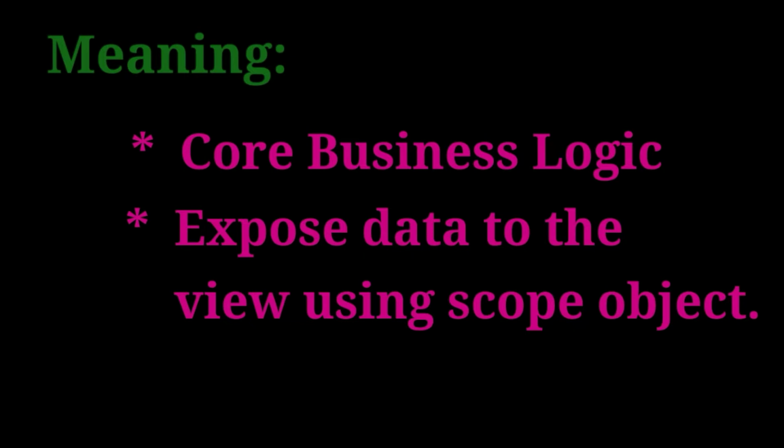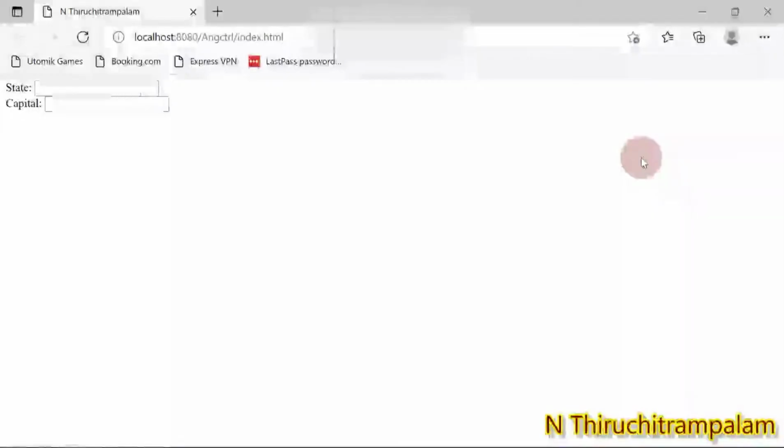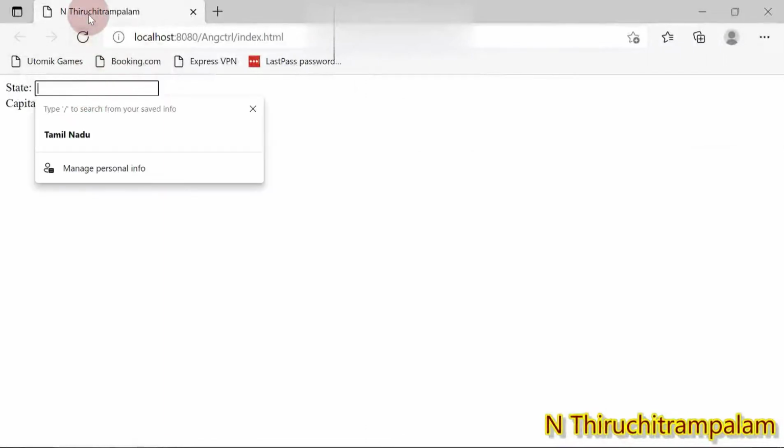The ng-model directive helps to keep the data simultaneously on the model as well as the view. So this is the output page. Here you can see the page name.